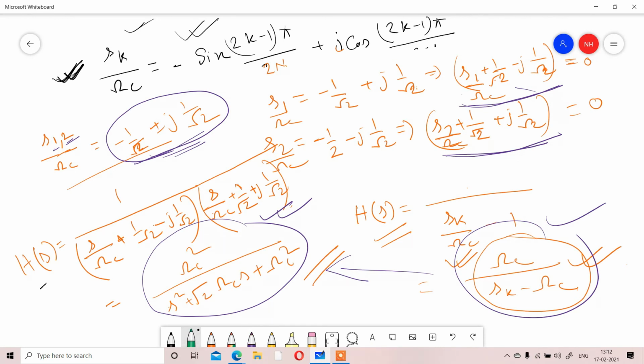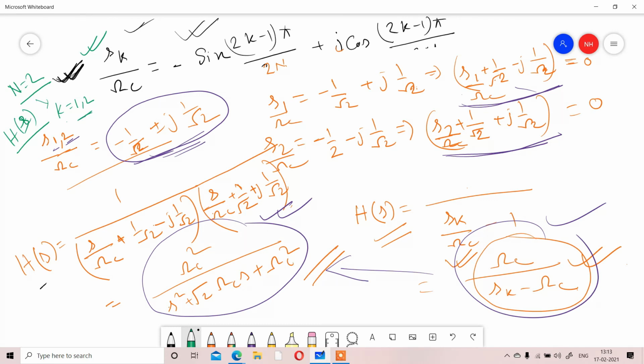So simply what you will do, that is your equation. I have told you for n equal to 2, means for the second order equation, what will be the transfer function. The aim is you need to know the transfer function so that you can design the filter. So you need to calculate the transfer function. From that expression, if we replace n equal to 2, k equal to 1 and 2, because k varies from 1 to n. So k will be 1, 2.